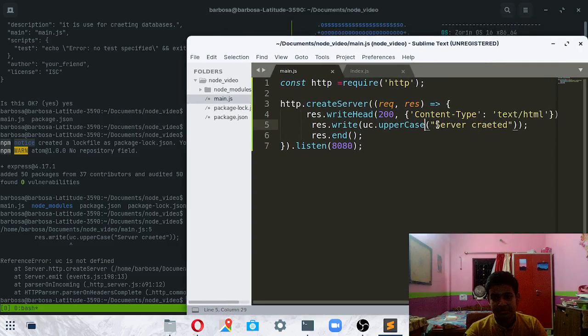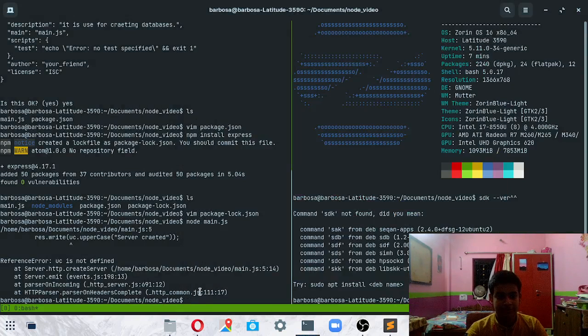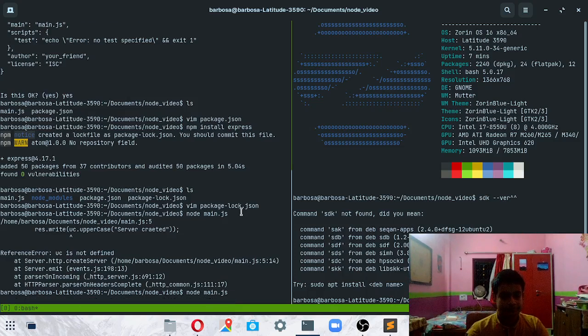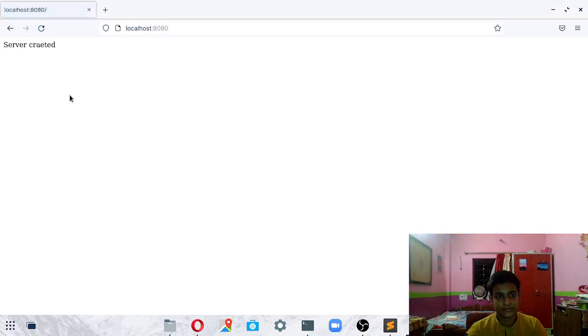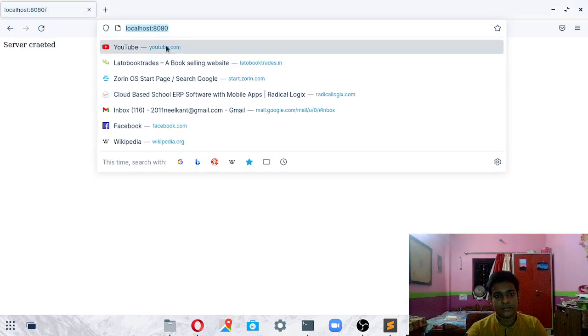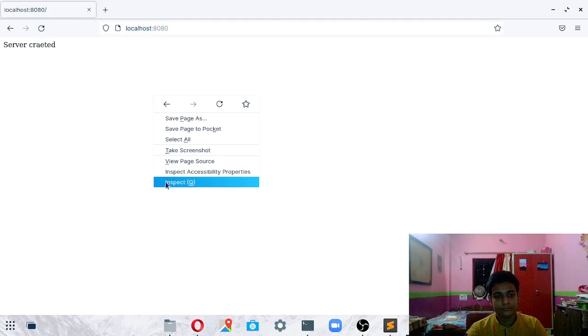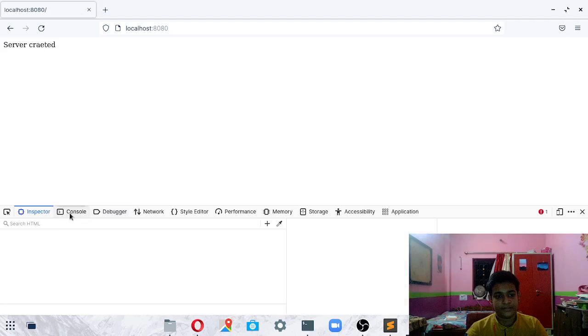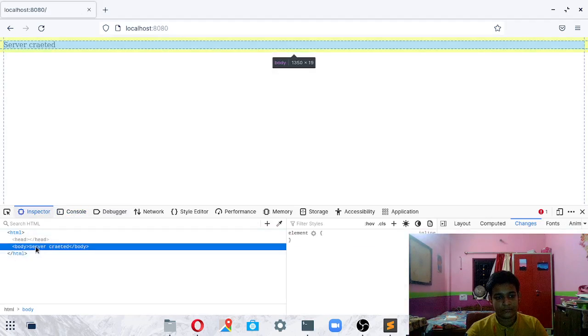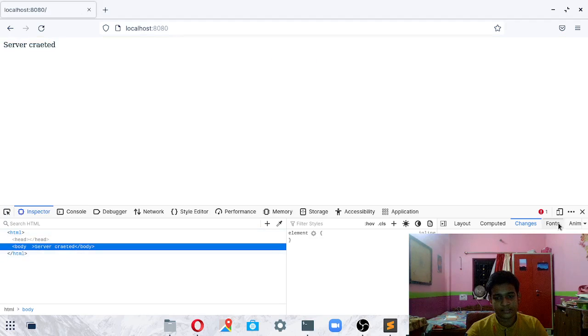We just write this and press enter here, and then we compile it again, and again the server has been hosted to the same place. As you can see, on this localhost server, you can inspect it as well. The server has been created.